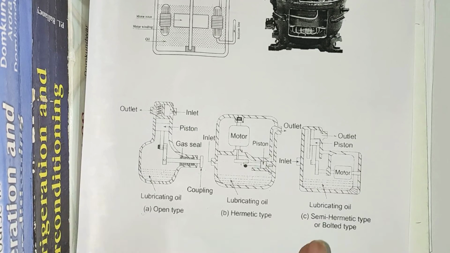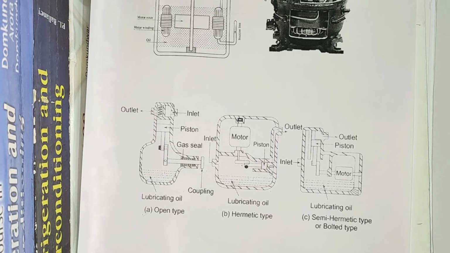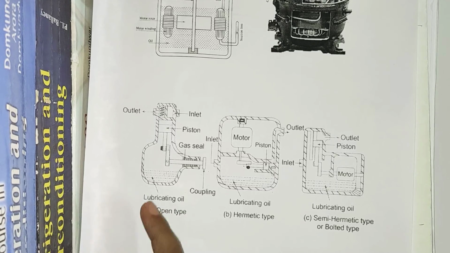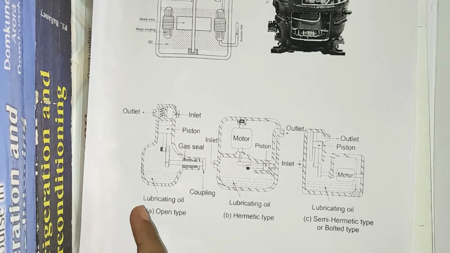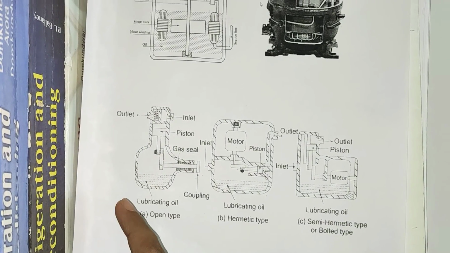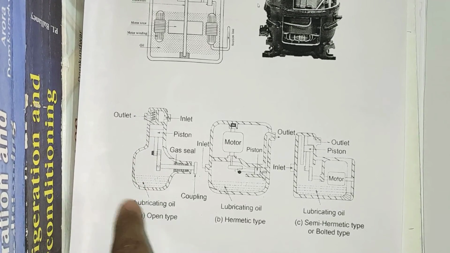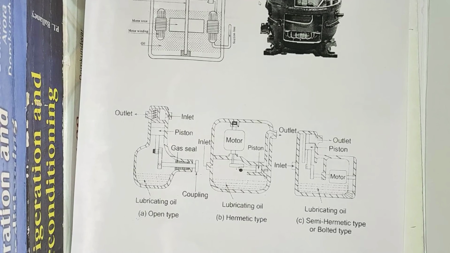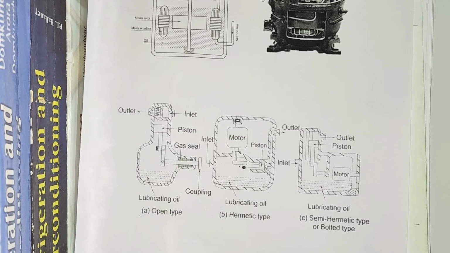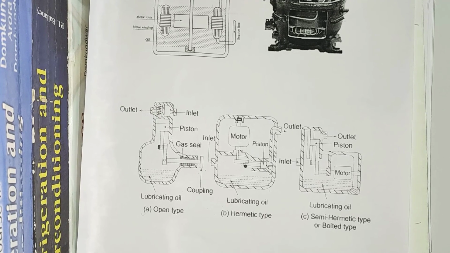So the primary advantage of both hermetic and semi-hermetic compressors is that there is no route for the gas to leak out of the system, whereas an open compressor relies on either natural leather or synthetic rubber seals to retain the internal pressure, and these rubber seals require a lubricant such as oil to retain their sealing properties. So these are the similarities and dissimilarities of open type, hermetic type and semi-hermetic type compressors.